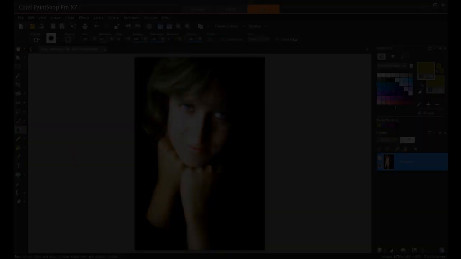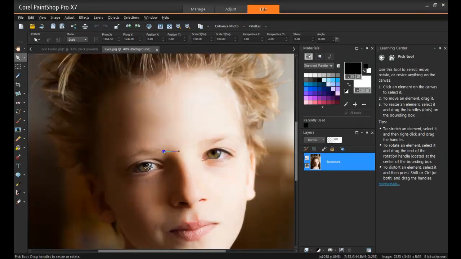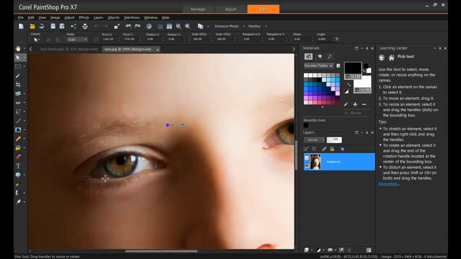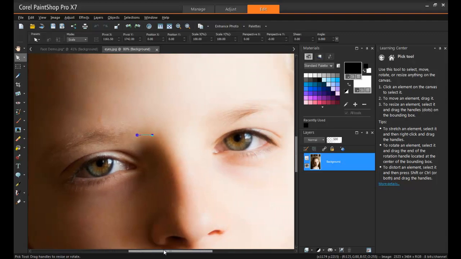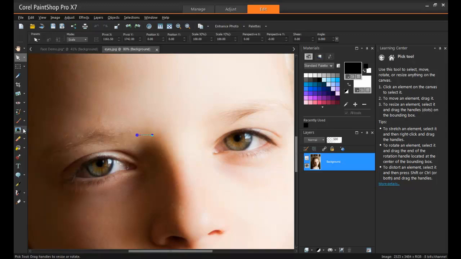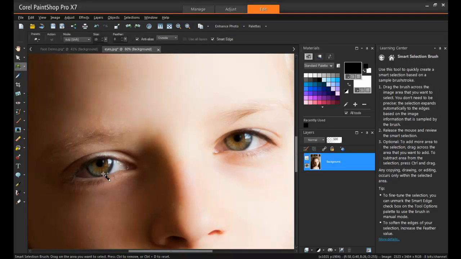So I'll open up a second image here because I want to show you a trick that'll be extremely helpful if you're using a brush like this, but you need to stay inside the lines, so to speak. I'll just zoom into the eyes here. In this case, I want to use the Dodge and the Sharpen brushes to make the eyes a little bit lighter and stand out more. It's really important that I only brush inside the eye area and not the skin. So before selecting the brush, I'll quickly go up here to the selections and choose the Smart Edge tool. This is going to allow me to easily select an area, and it will recognize the edge of the iris in this example